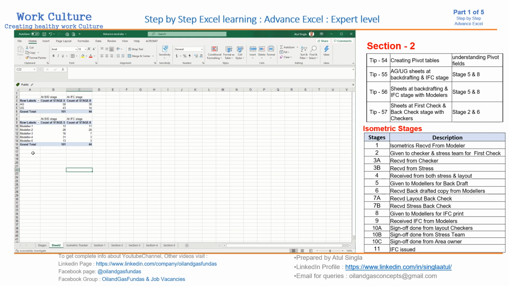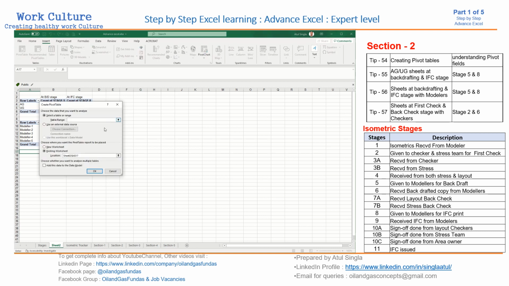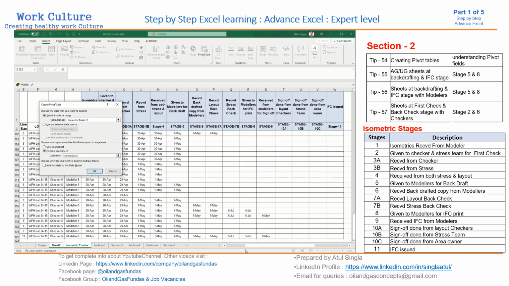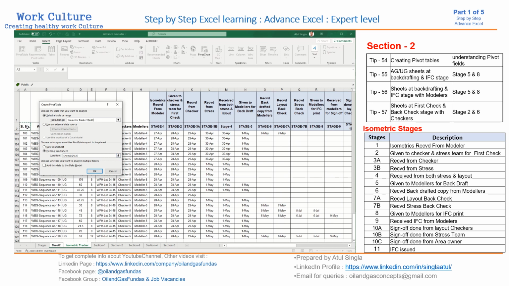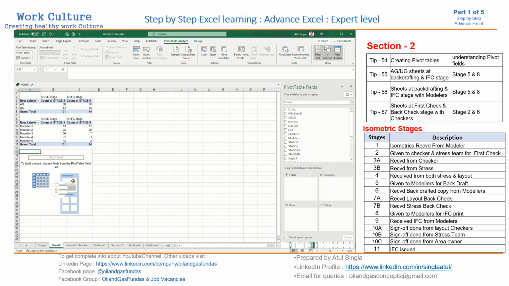Okay. Again, if you want to check the front available with checkers, you can again do the same thing. Insert pivot, again it is asking for the database. Okay, so all the headings and complete table. Control shift left, control shift down. So data is selected. Again another pivot is there. Then checkers in row.